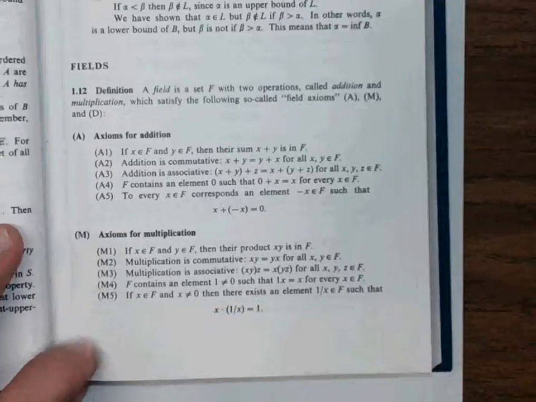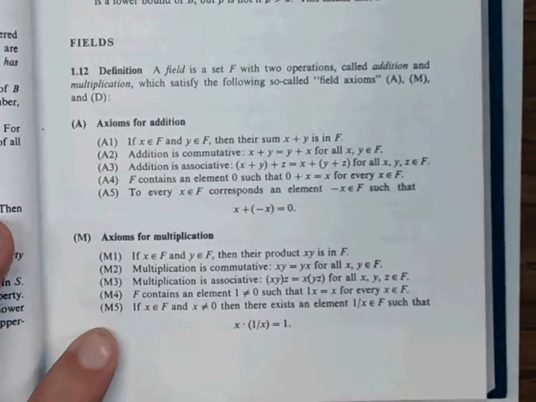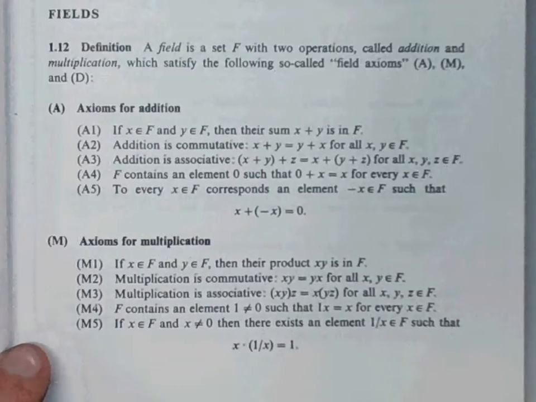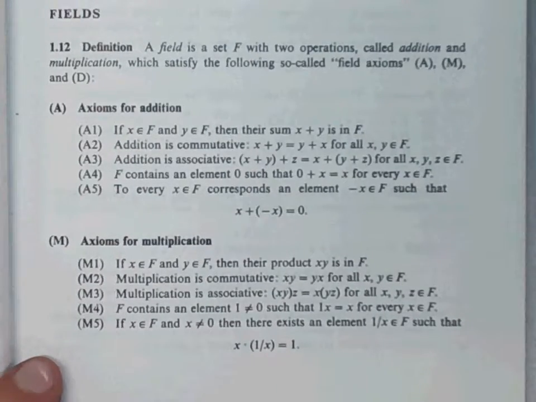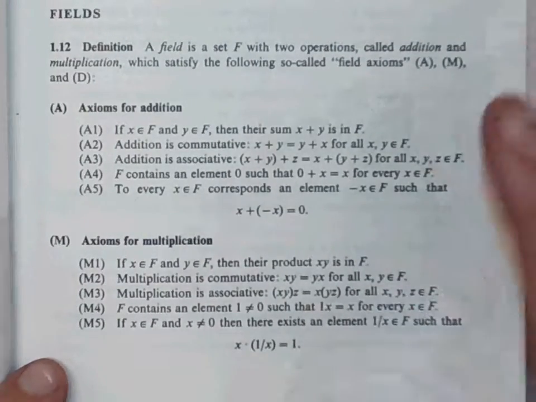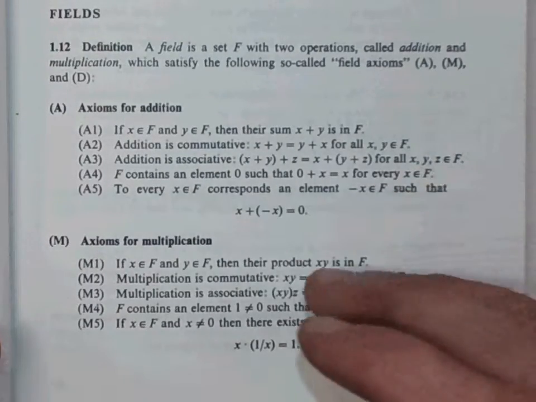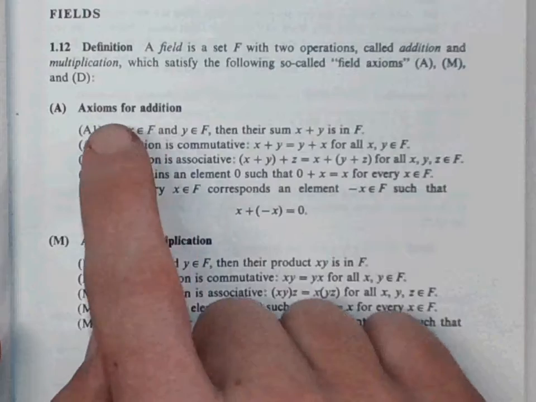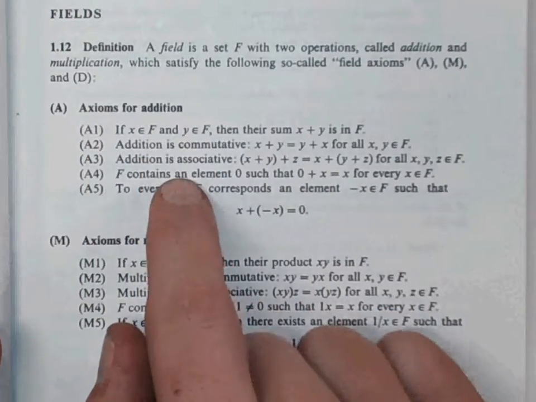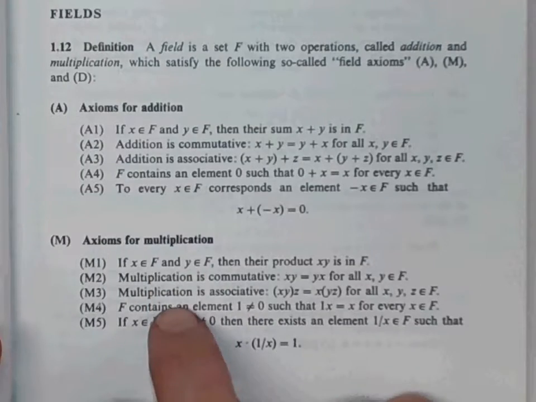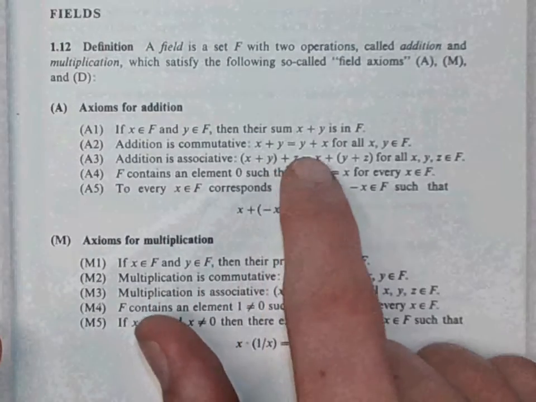Several of you have asked the question, and it certainly came up in third period today: what is the difference between a property and a postulate, or a property and a definition? They are functionally the same, but I'm going to give you a little bit of the background of where they come from. These are the axioms for addition, and these are the axioms for multiplication, and they are all